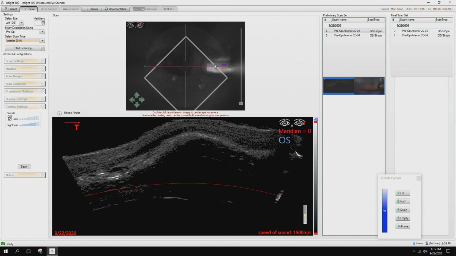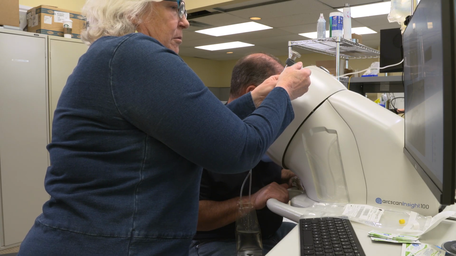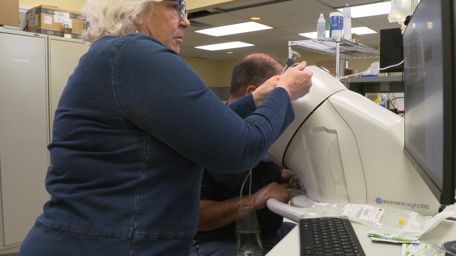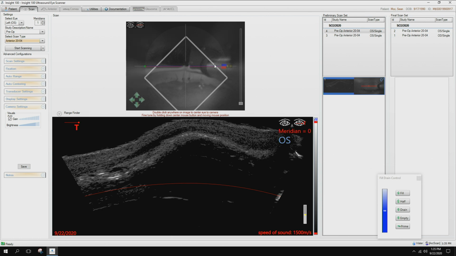Take your time in aligning the patient at this point so that you're assured that the probe will be able to register on the iris, then refill the eye seal. Tell the patient you can blink a few times, you can have your eyes closed at this point. Nothing is going to touch the patient's eye. There's no reason to be worried. It's a very quick scan. We can double check back, one more click on the pupil, and tell the patient to look straight forward,